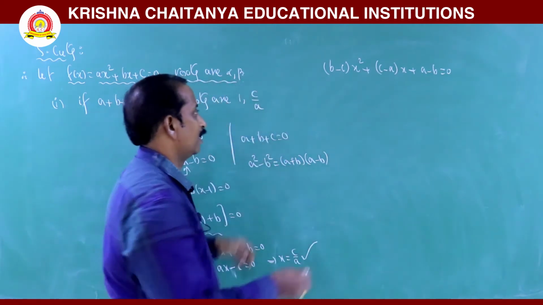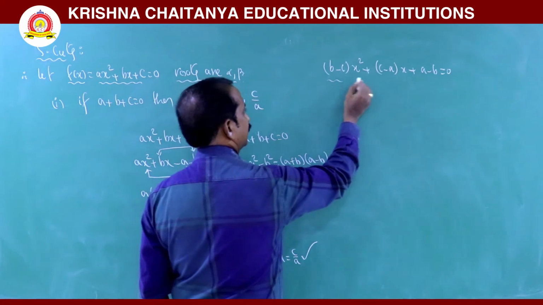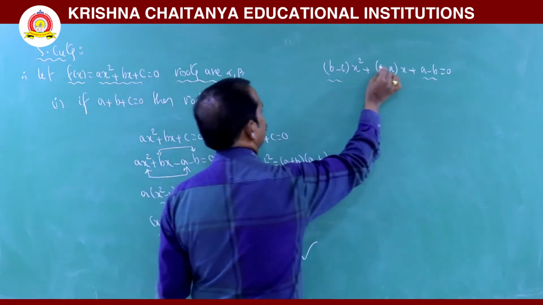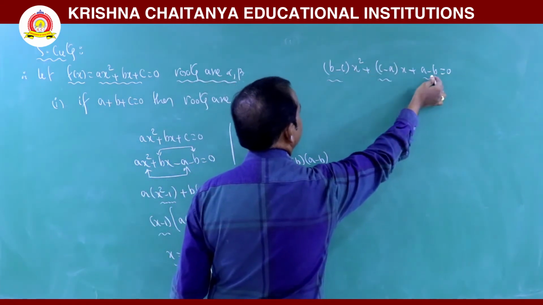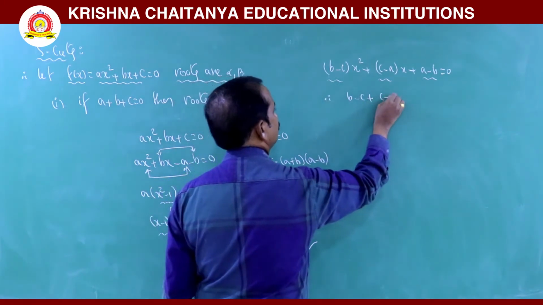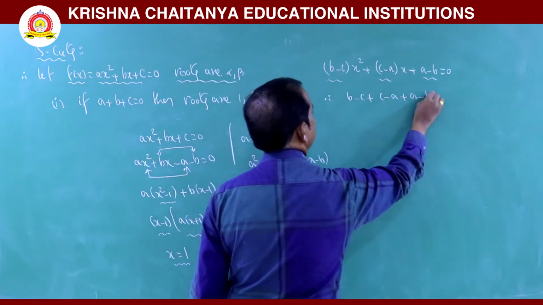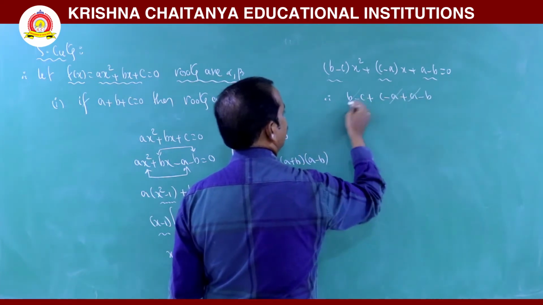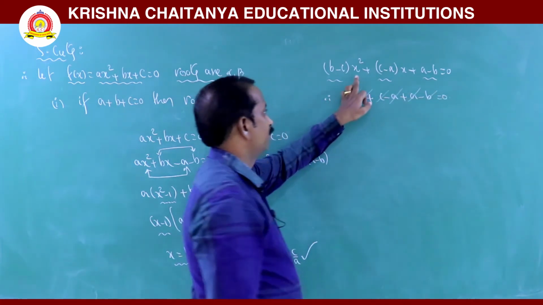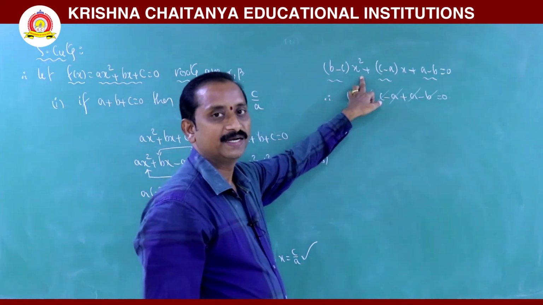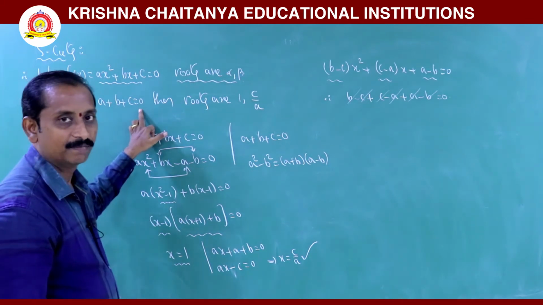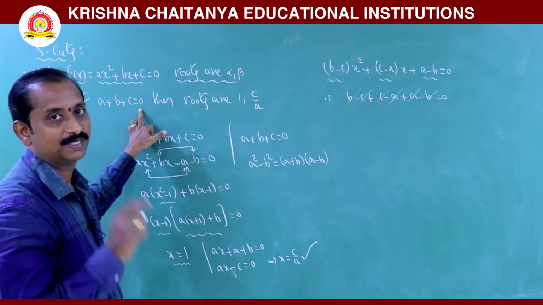If you apply delta is equal to 0 and simplify, I hope it is very long. But observe the x square coefficient, x coefficient and constant term. Here, the sum of the coefficients is nothing but b minus c plus c minus a plus a minus b. a gets cancelled, b gets cancelled, c gets cancelled, giving 0. So, indirectly this equation compares with the standard form a plus b plus c is equal to 0. So, embed it in your mind. The roots are nothing but 1 comma c by a.